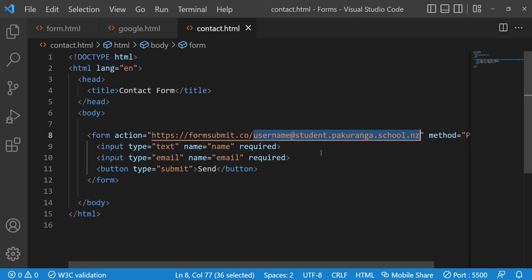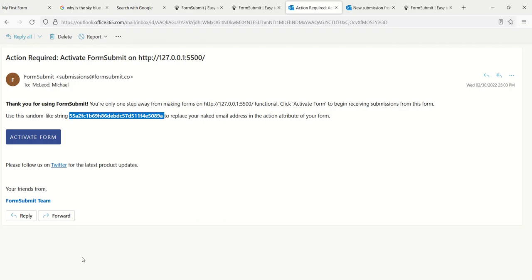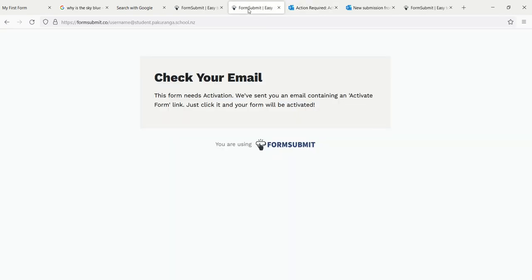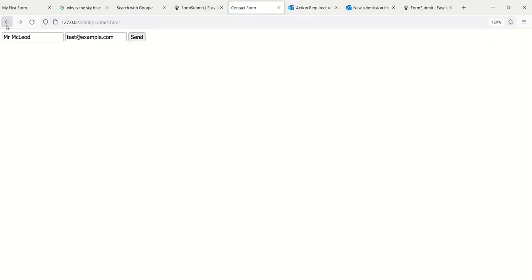So I'm going to paste my secret code here and save that. That's the same as my email. Now I can submit this form. Go back to my form. Here it is. When I hit submit,